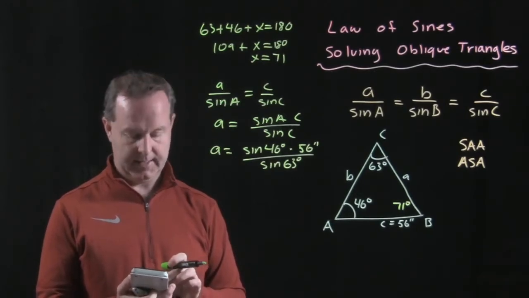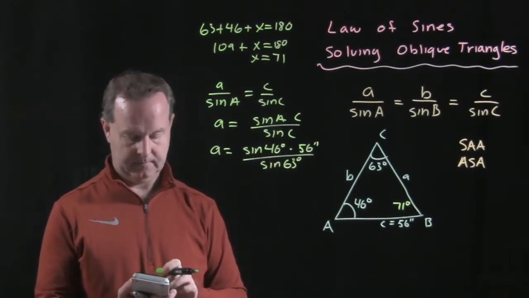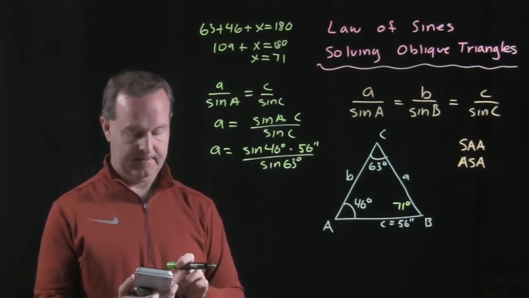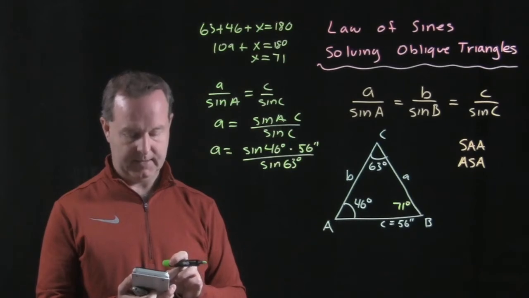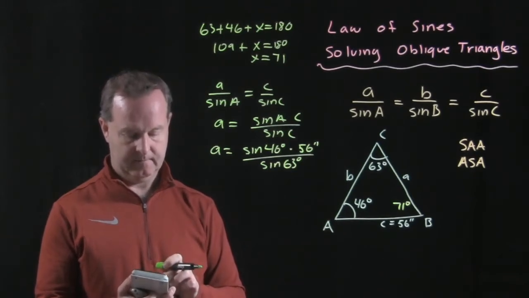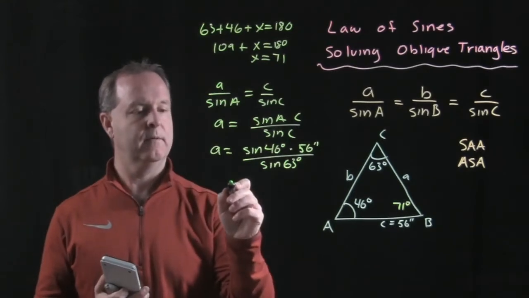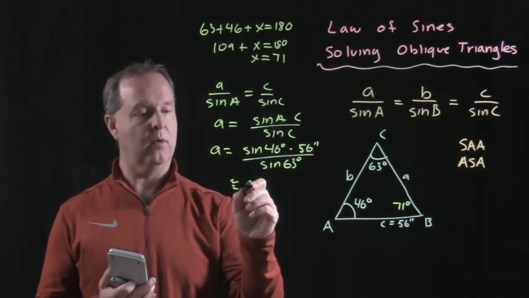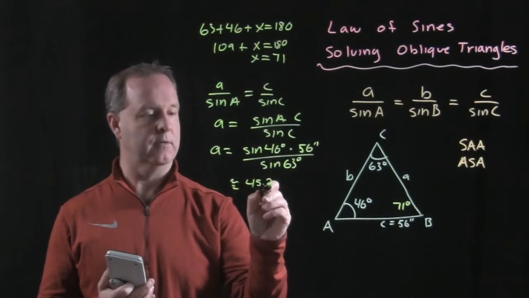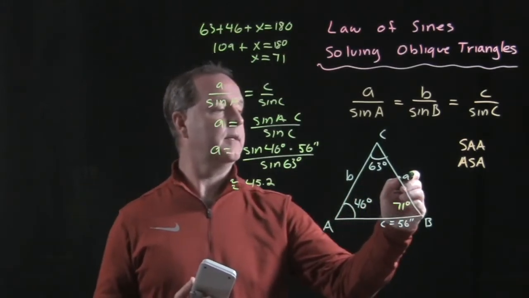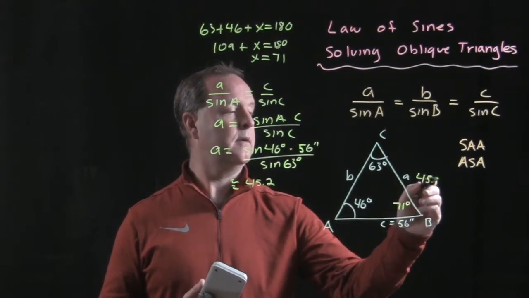Sine of 46 degrees times 56 divided by the sine of 63. And that equals approximately 45.2. So my side A is 45.2